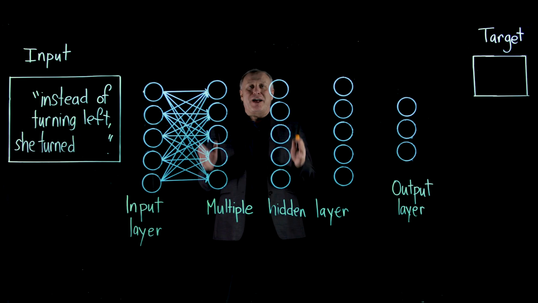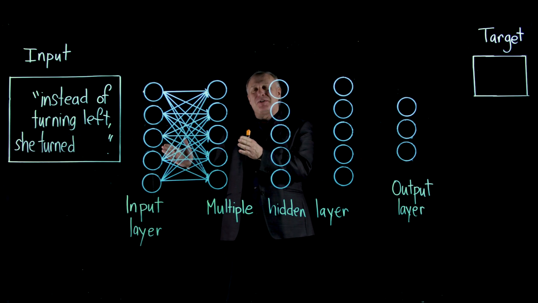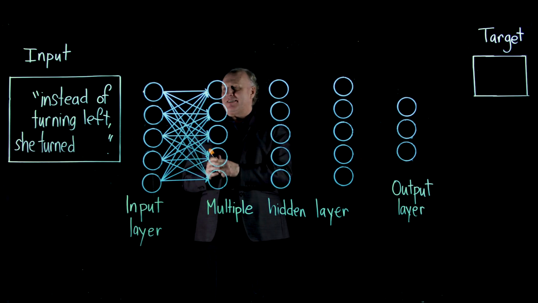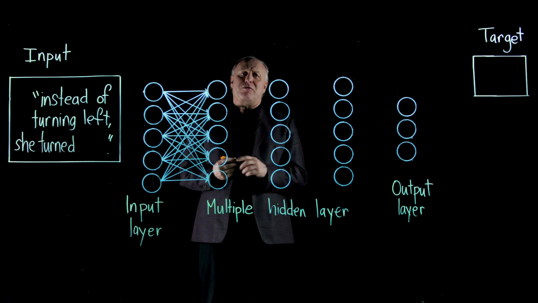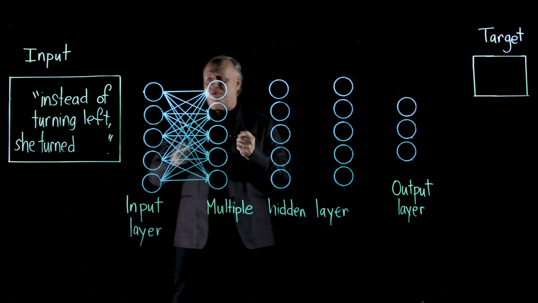So we're going to learn how to train your neural network. And we're going to start over here. First we need a sentence. So this sentence is, instead of turning left, she turned. And we know what the correct answer is here. The correct answer is the word